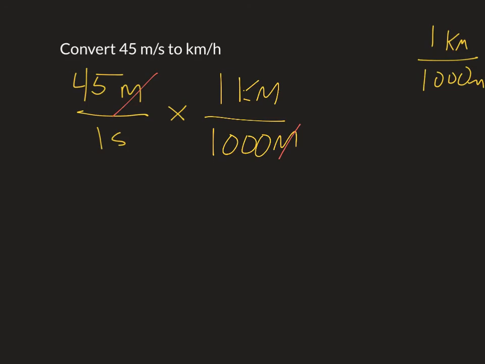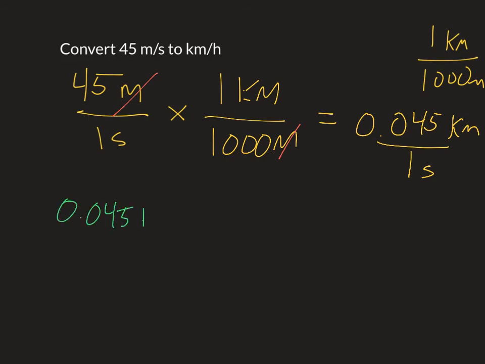And when I get my answer here, I'm going to go 45 times 1 divided by 1,000, which is 0.045 kilometers per second. Which makes sense, right? If I went 45 meters in a second, that means I only went 0.045 of a kilometer per second. So now step 2, we're going to take that new number that we have, 0.045 kilometers per second,